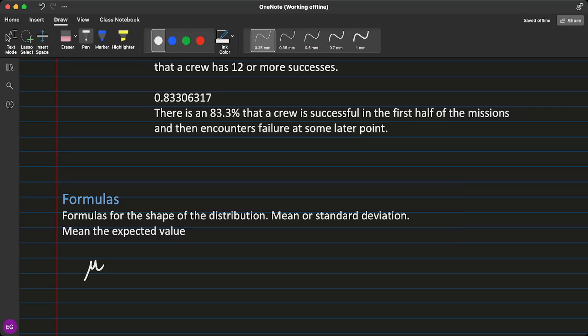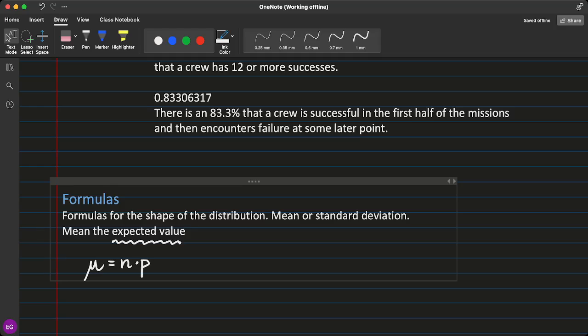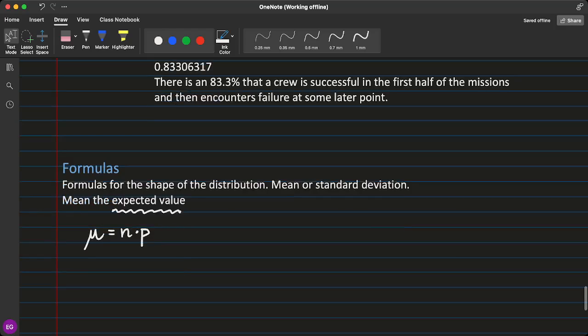The formula to calculate it is n times p. So this is the expected number of successes. That's why it's called the expected value. Okay, as an example for the bomber missions that we were talking about, the n was 25, the p was 0.556, which means we would expect any individual crew to have about 13.9